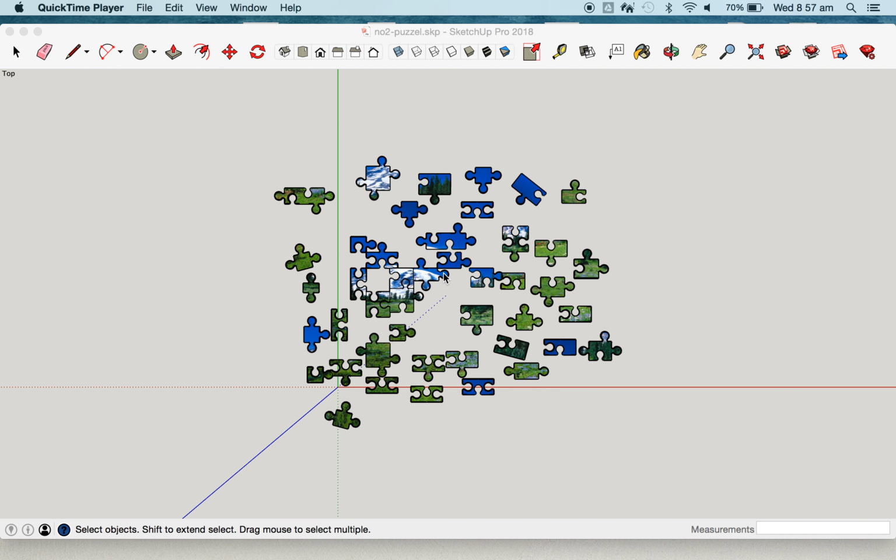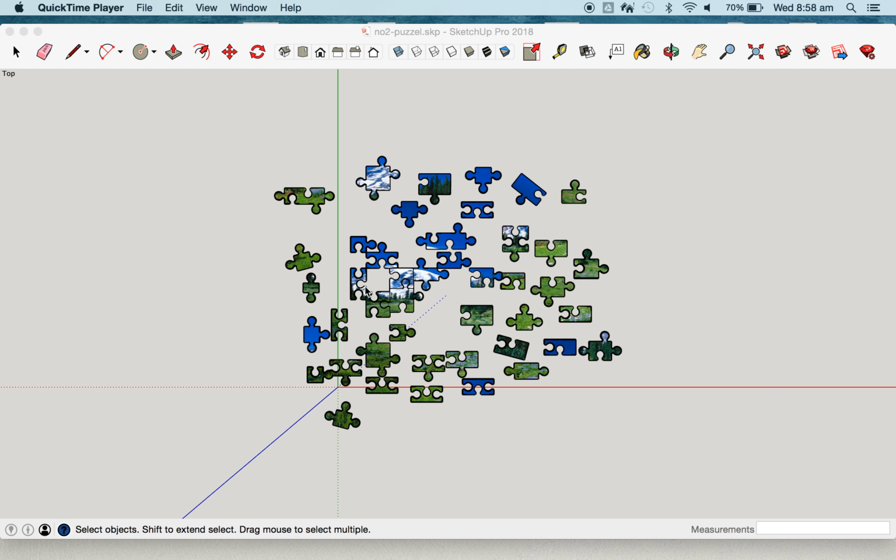This video is to help demonstrate how you might go about solving some of the puzzles. This one's a jigsaw puzzle. Basically what you need to do is work out where the pieces go and then move them around. So the command for move is M and you select the item. So I'm going to